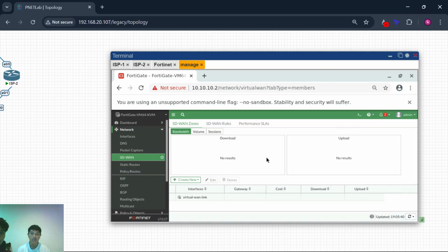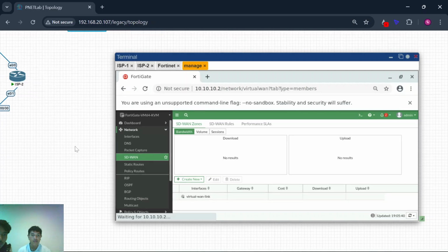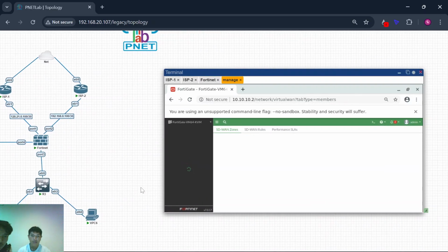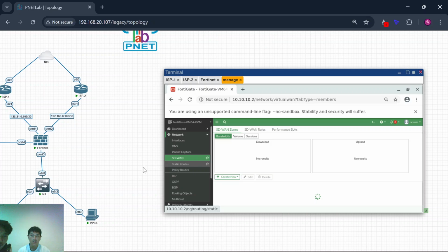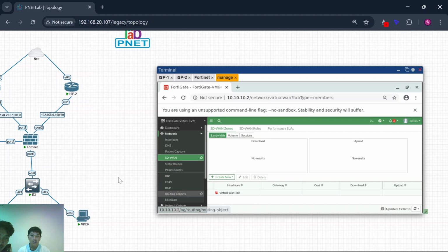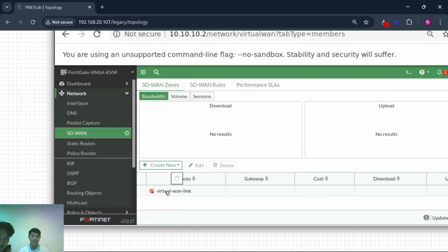Okay, and you can refresh here. SD-WAN services, and now the SD-WAN services is enabled and the sign is red. Why is this color red?